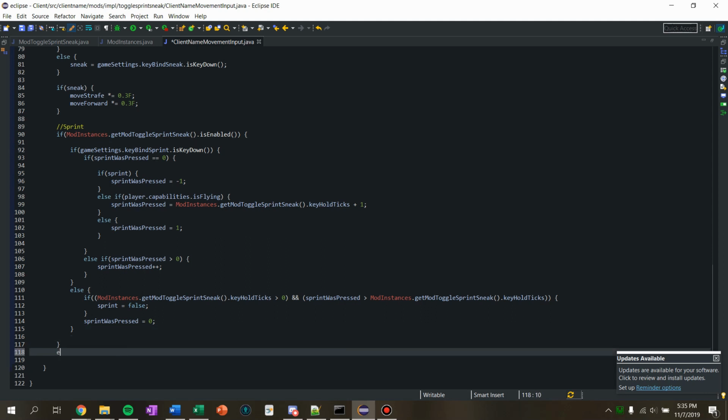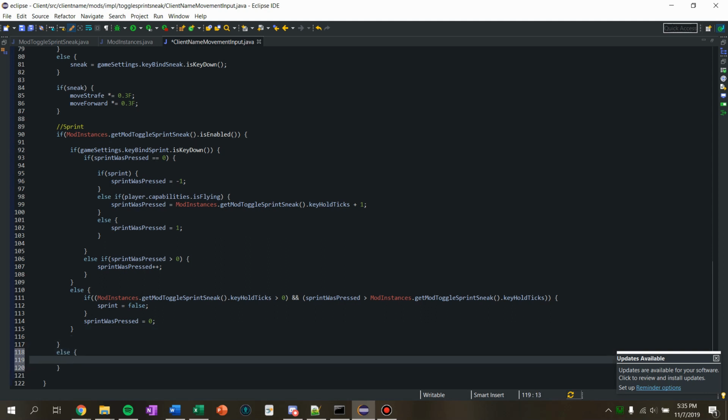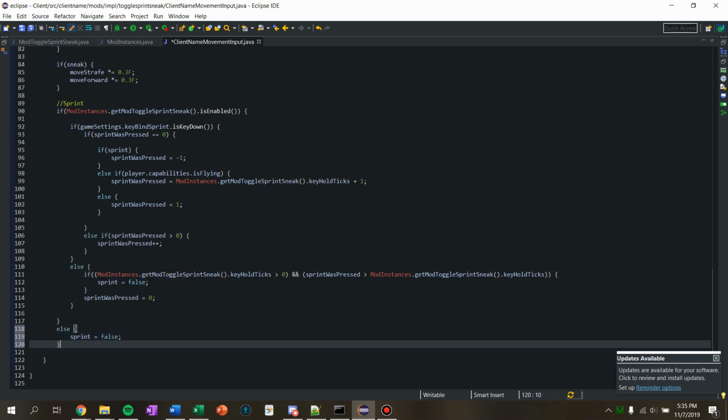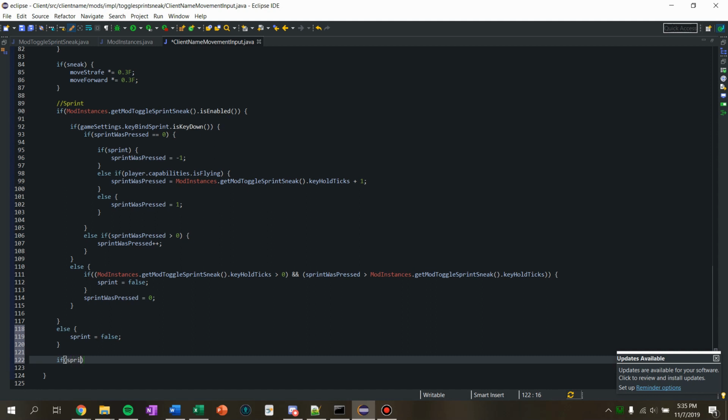Then we want to go outside this and say sprint is 0. Yeah, that would make sense. Sprint's false, not 0. So now we got that. Now we just need to finish implementing sprint. So we want to say if sprint and move forward equals 1.0 and